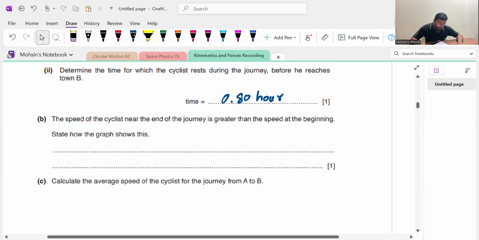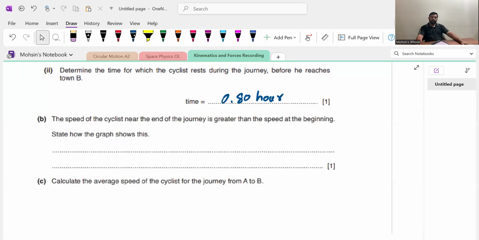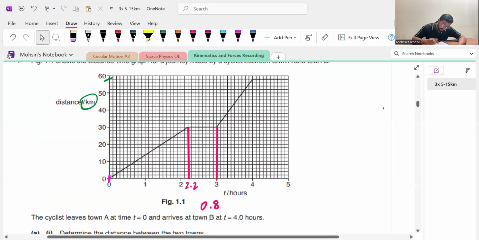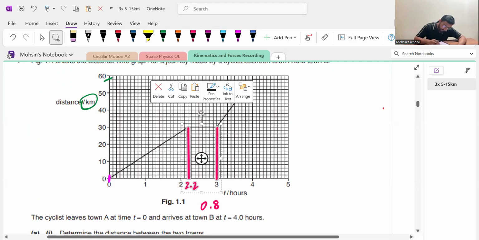Now, the speed of the cyclist near the end of the journey is greater than the speed at the beginning. State how the graph shows this. It's a distance time graph. So for distance time graph, the gradient gives us speed. If the gradient is more, it means the speed is more. If the gradient is less, it means the speed is less. So how are we going to see this near the end of the journey and near the beginning? You can see here that